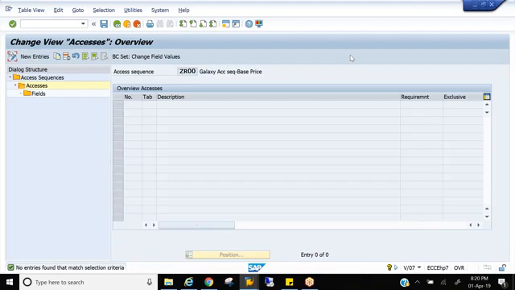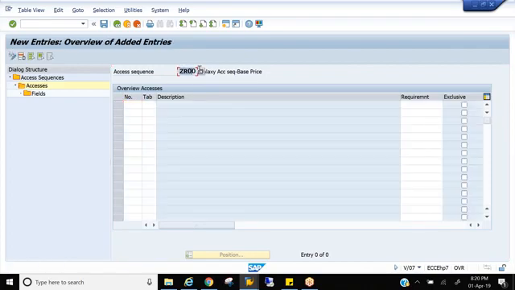What is the logic in placing the tables into the access sequence? Anyone? What logic should you follow? Most specific to most general, right? From most specific to most general. So now click on new entries. Now the system has an option here. We can put tables in here. So first, serial number 10 and table number. I'll go with the standard tables, which are already there in the system. So I'll give 4 and 20. That is, I want material and customer material, right? I placed my tables here.